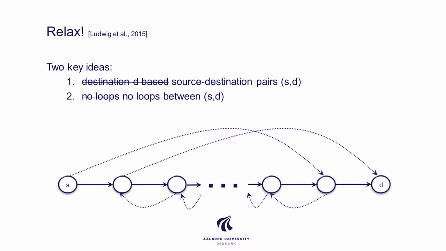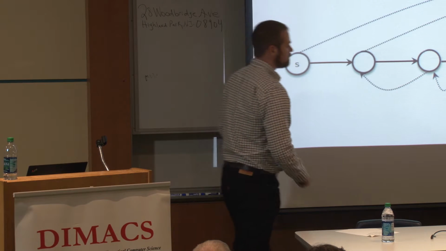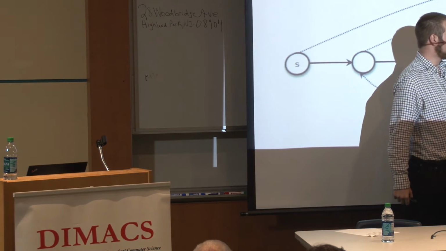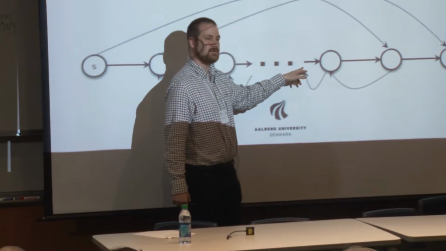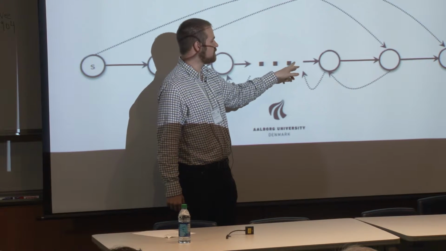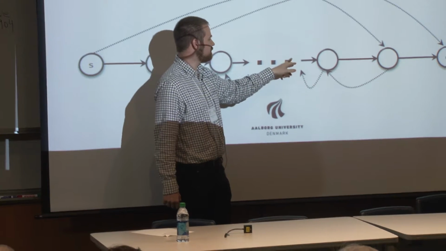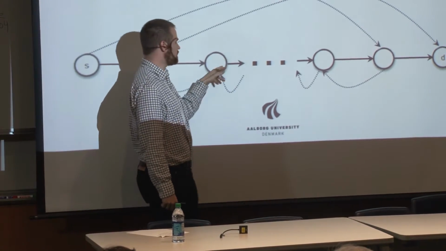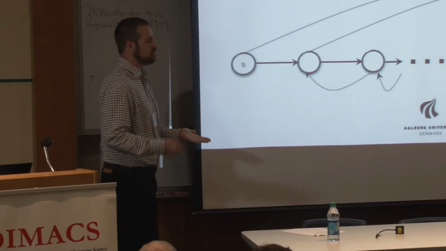And to give you an idea why this can be better, let's look at this network. Again, it's a bit artificial, where the old routing rules just go from the left to the right, drawn in solid, and the new ones go in dots, so they go here, then they go back and back and back and back, and then to the destination again. Now if you want to update this in a non-relaxed manner, then the problem is, for example, let's say you want to update this node to no longer route here, but to route back here. Then, in order to avoid a loop, you first need to update this one, but then to update this one, you need to update the next one, the next one, the next one, and so on. Meaning you need a linear number of updates.